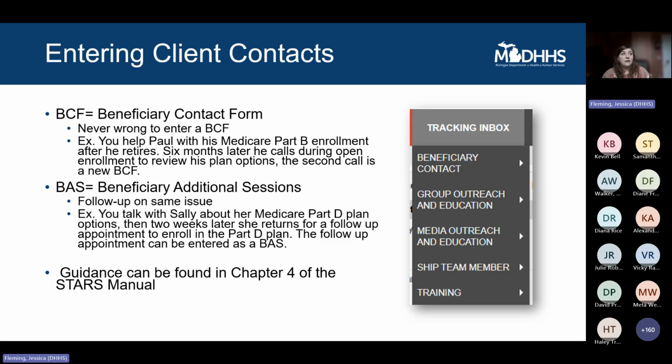But if she were to call back 3 months later with a new issue, maybe she lost her Medicare card and needs a replacement Medicare card, that would be a beneficiary contact form, a new BCF form. And as promised, there's step-by-step instructions and additional guidance on the beneficiary contact forms, entering beneficiary contacts in Chapter 4